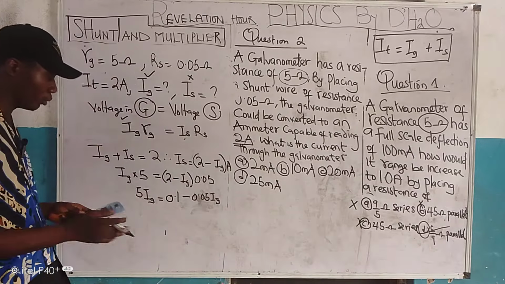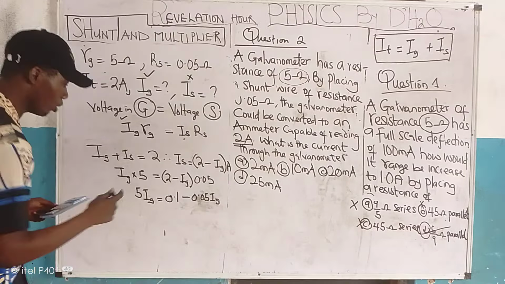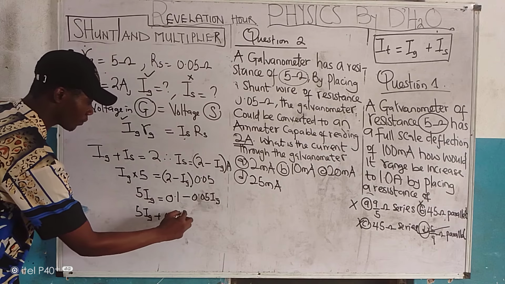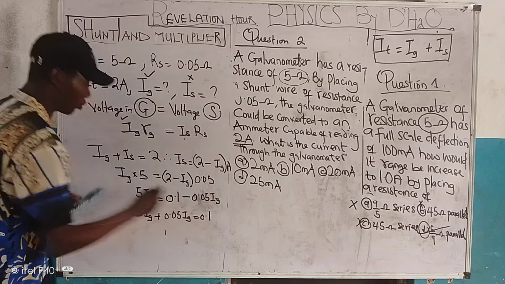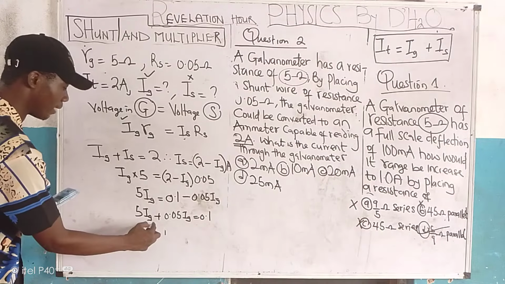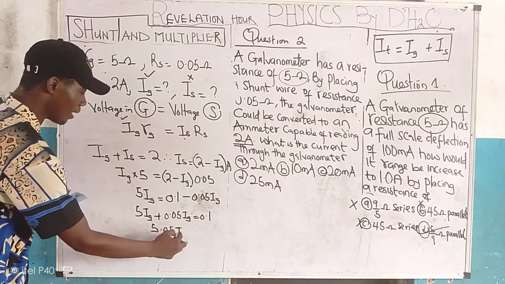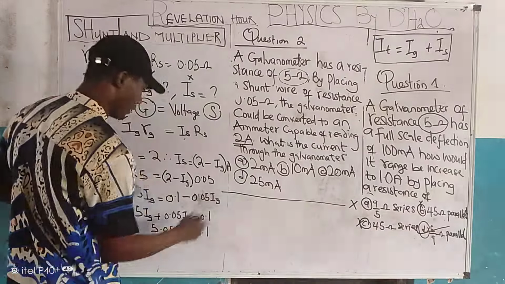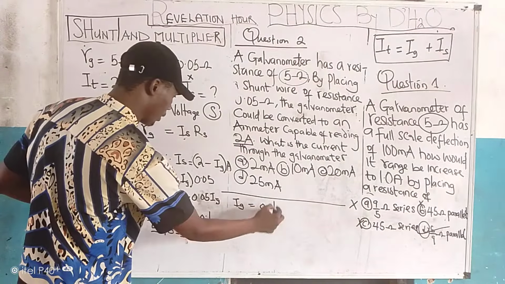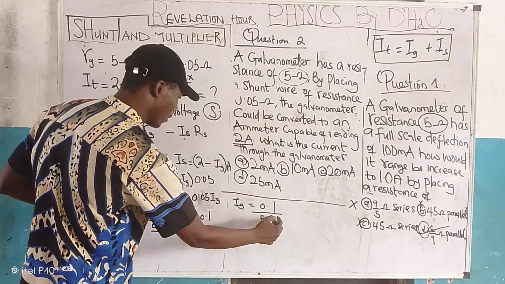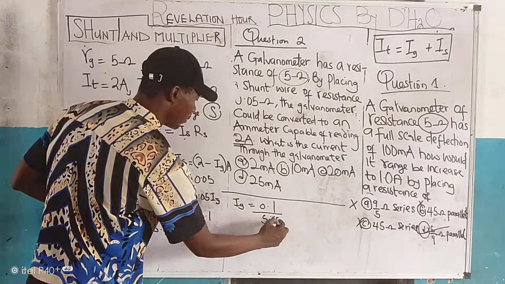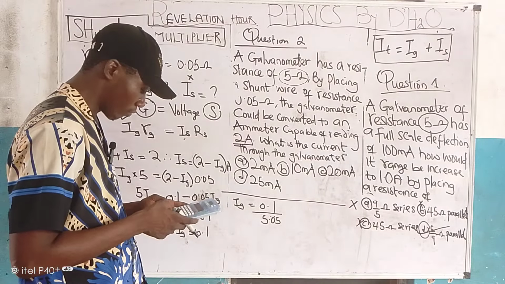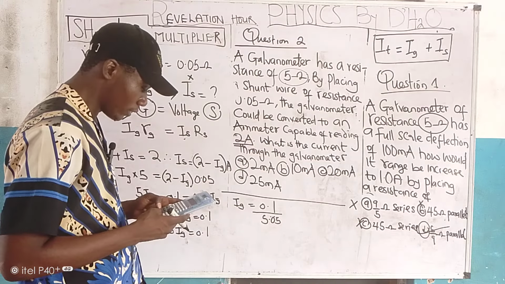So what do we quickly do? We are going to collect like terms. So that 5 IG plus 0.05 IG is equal to 0.1. So if I add this together, I get 5.05 IG equals 0.1. So how do I get my current? IG will give us 0.1 divided by 5.05. Let's quickly do this. 0.1 divided by 5.05. That will give us